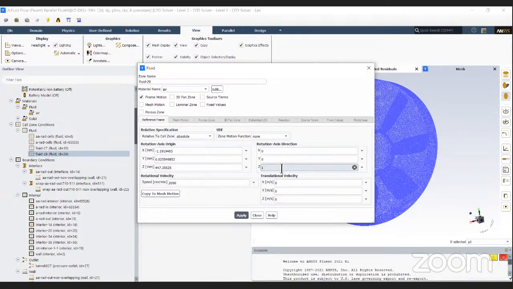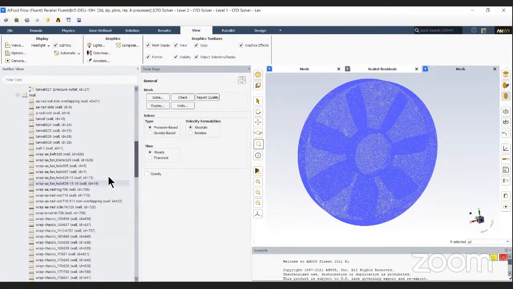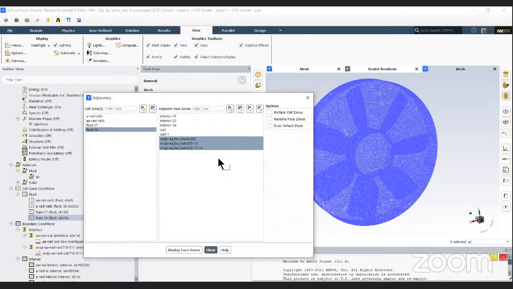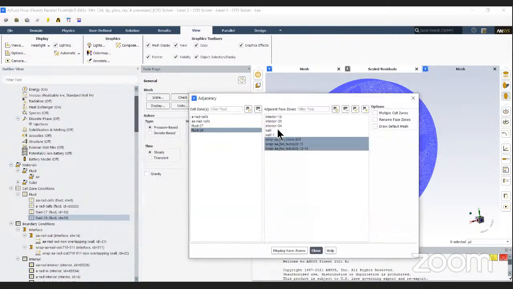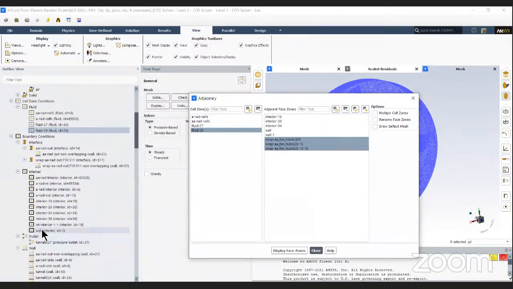Now, because all the moving parts are within this moving reference frame zone, and it is not really touching any shroud, or any stationary part, I don't have to actually go into the walls and specify anything. So for example, if I were to go to my moving reference frame zone and look at adjacent boundaries, you will notice that everything is interior. So even though it says wall, it's actually a part of my interior boundary condition. So you can see over here, it's interior. And these guys over here,